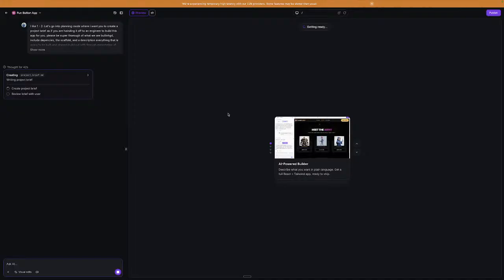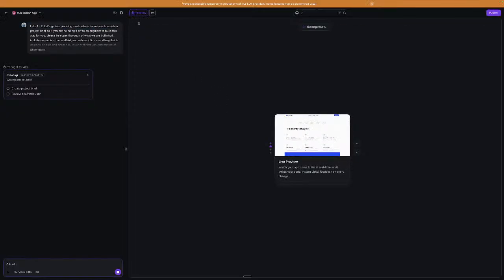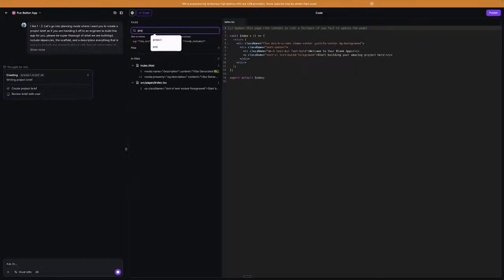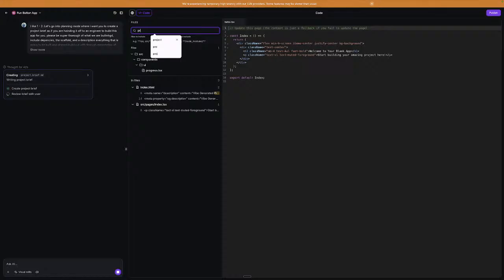So it's building that brief for us. We'll be able to look in the code and see that this is being built out right now with the project_brief file, and you'll be able to find that in just a moment here.